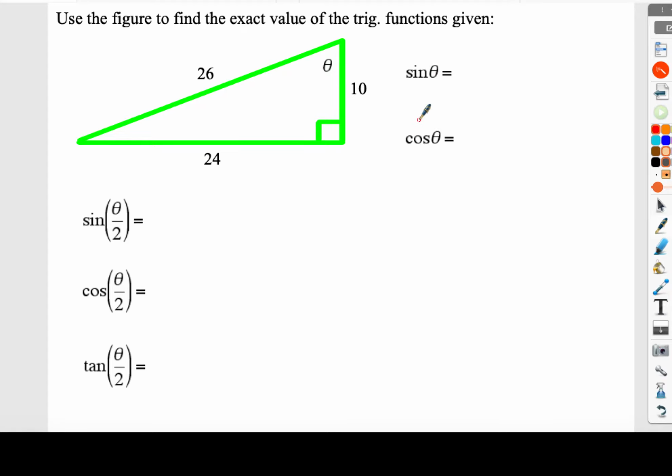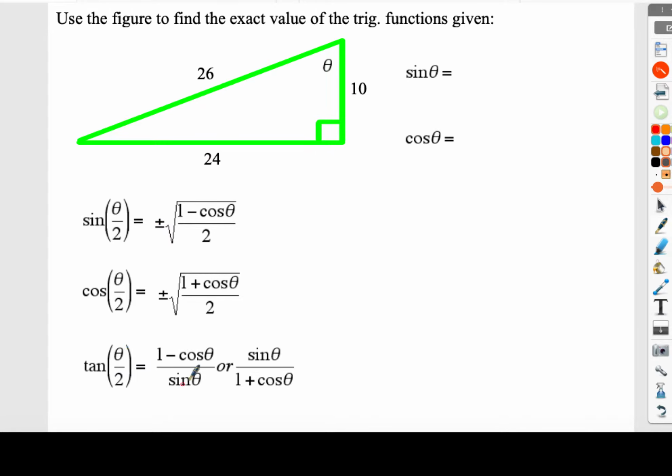And the reason we want these two, and notice I didn't say the tangent, is that there are some shortcut formulas for the half angles. And you'll notice the sine and the cosine look very similar. They're a large square root of either 1 plus the cosine over 2 or 1 minus the cosine over 2, depending on which formula you're looking at. There's also this plus or minus, and I'll come back to that, of why that's in there, or sort of how we use that. The tangent, on the other hand, takes advantage of either 1 minus the cosine over sine,